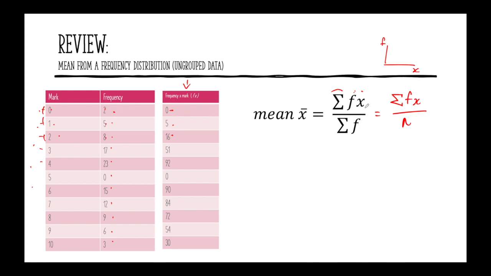So when I find my summation of fx, what I'll do is add all of these up. So the summation of fx is going to be equal to what? Let's check it out. And that gives me 494. And now let's find the summation of f, which is the total number of students, and we will get that to be 100 students total. So now we go 494 divided by 100, and that gives us